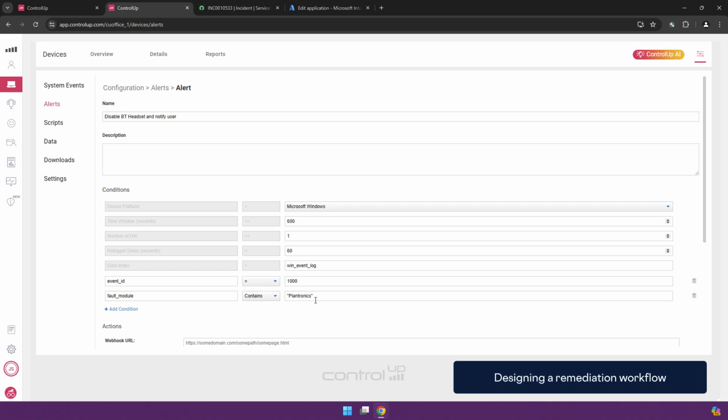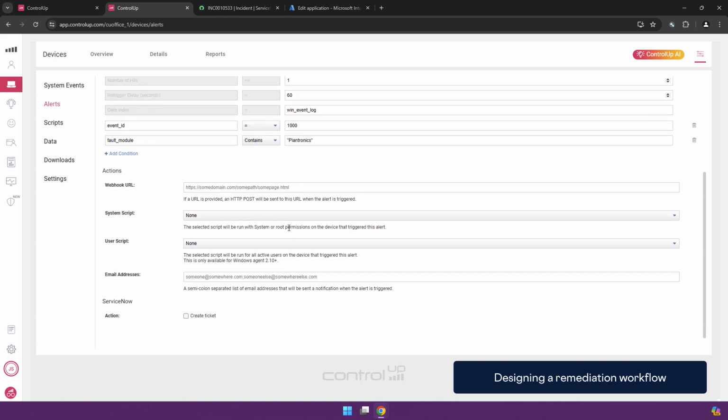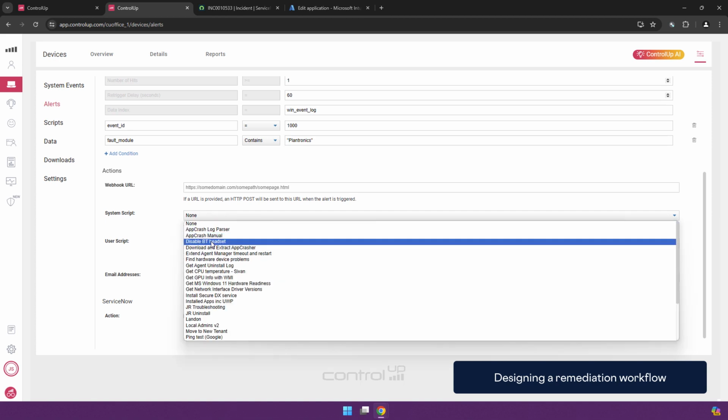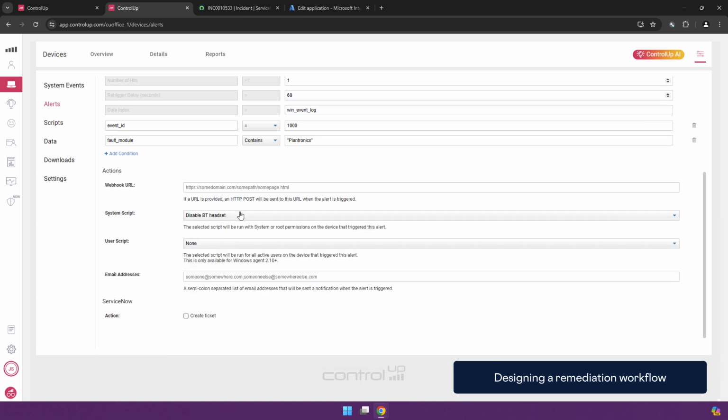So when there's a crash causing a Windows event log item 1000 that contains the faulting module Plantronics, or we could have put in the full DLL, but I'm making it easy on myself, then we want a certain action to be run. And the first one would be to disable the Bluetooth headset.